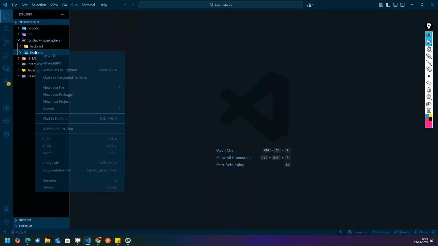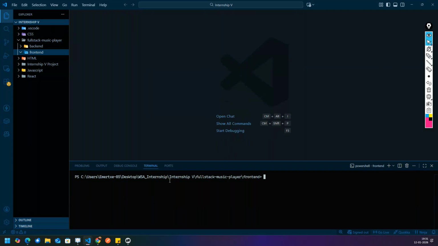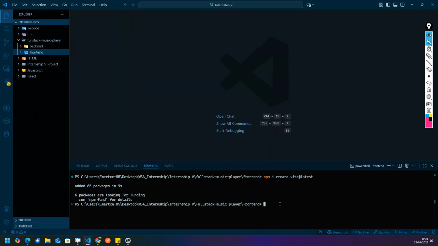Do one thing, go to the front end, open an integrated terminal. npm create vite@latest.